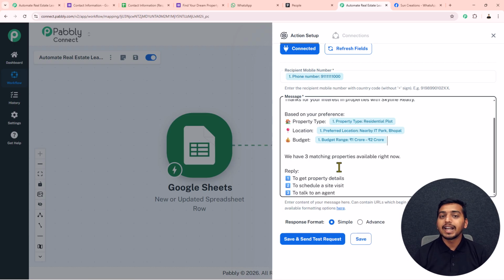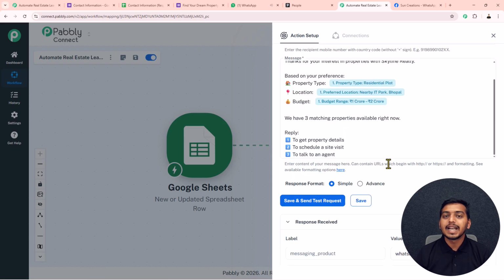Here I have added all the dynamic details also. Now I just have to press this save and send test request button. Then you will see that this message will automatically get sent to my lead. So I will press this button, and instantly we have received a response that a message has been sent successfully